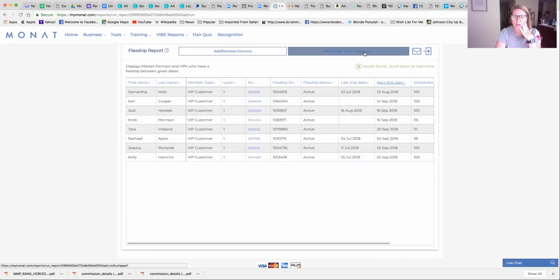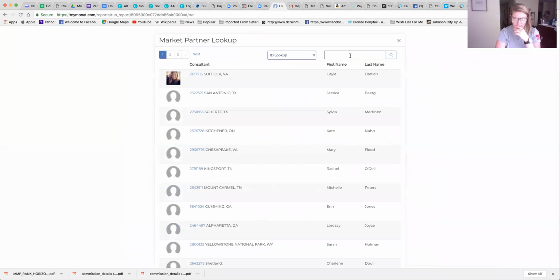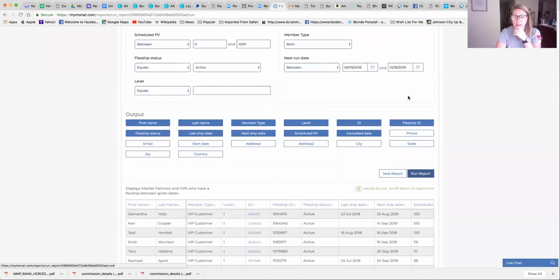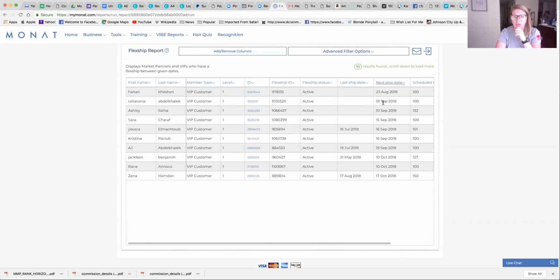So this is what I'll need done towards the beginning of the month, because I like to have these numbers run, just so I know what I'm looking at as far as volume goes for the month, how my girls are doing. So this is another one of mine. So just like, again, seeing all what's processing in September. So that's kind of the first thing that I need done, how to find Flexships for the entire team,